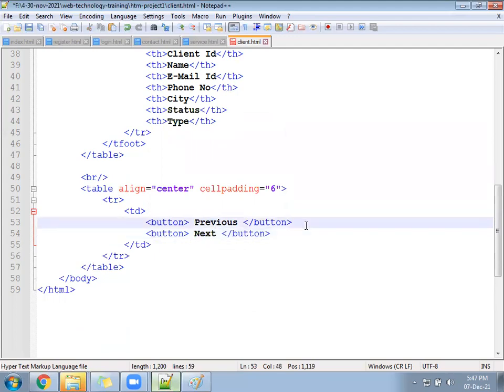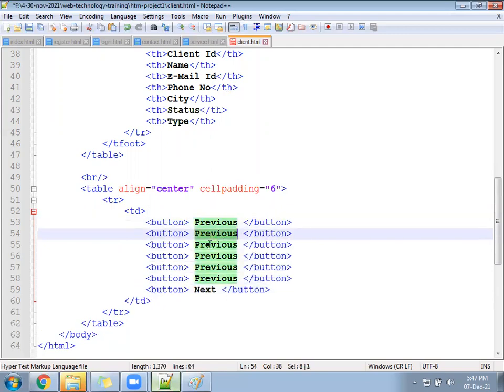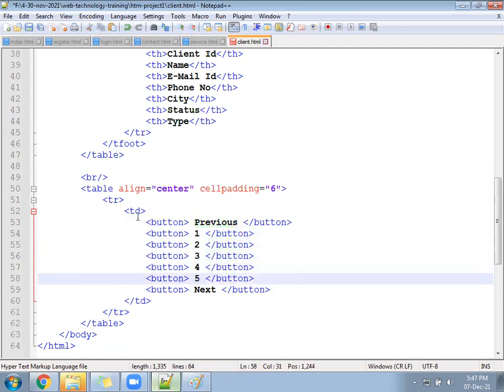In between you can add 1, 2, 3, 4, 5. First page, second page, third page, fourth page, fifth page. Cell padding is not going to play any impact here. So you can remove that because everything you have added in one cells in one TD.